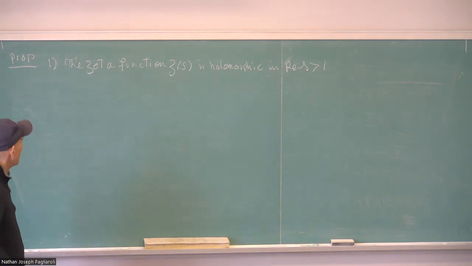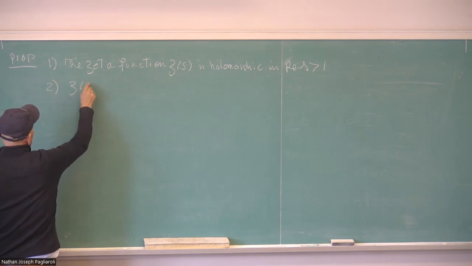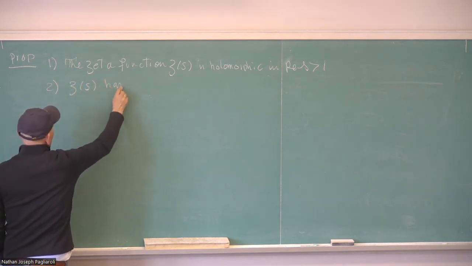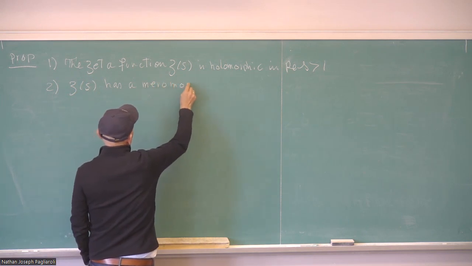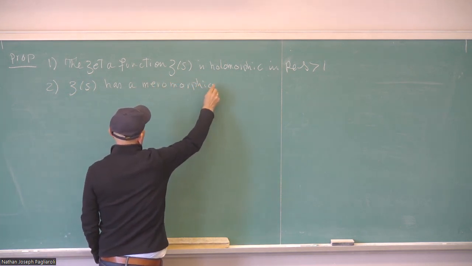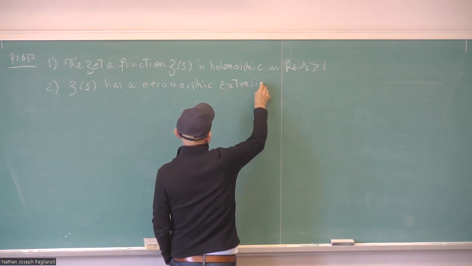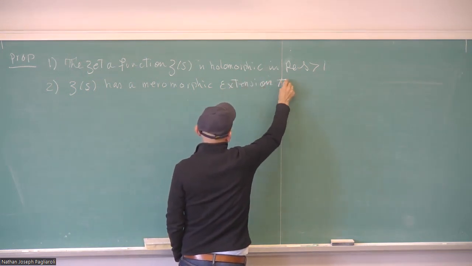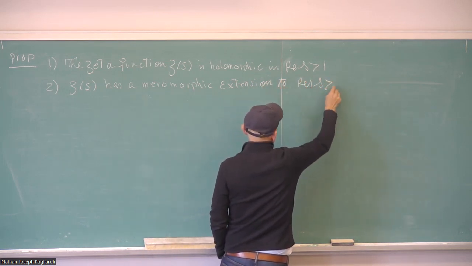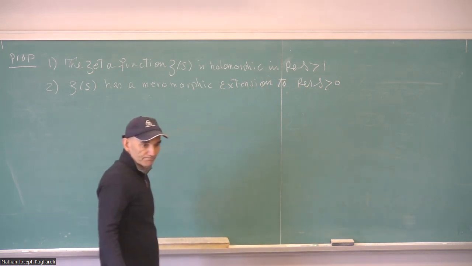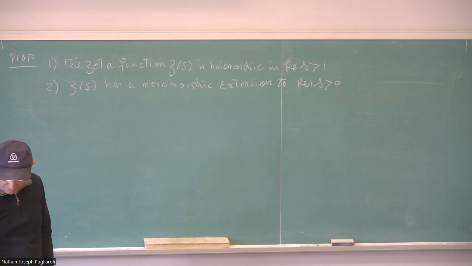The second one, which we didn't know, is that zeta of s has a meromorphic extension to real part of s bigger than 0,